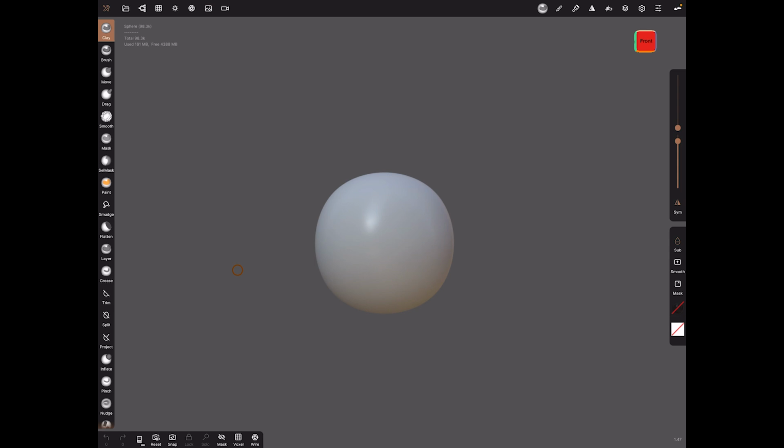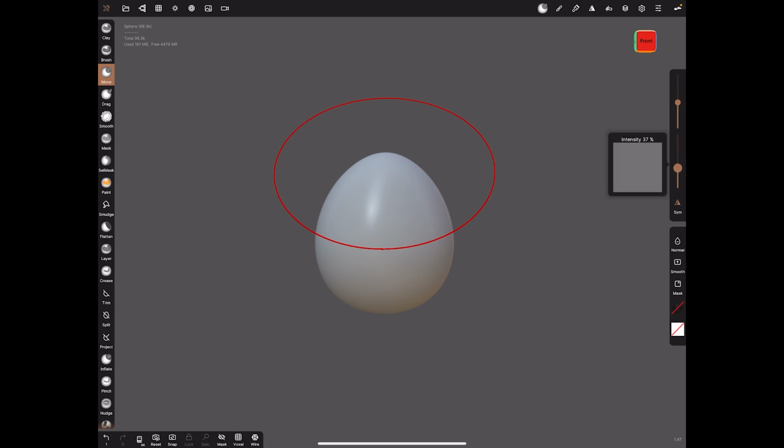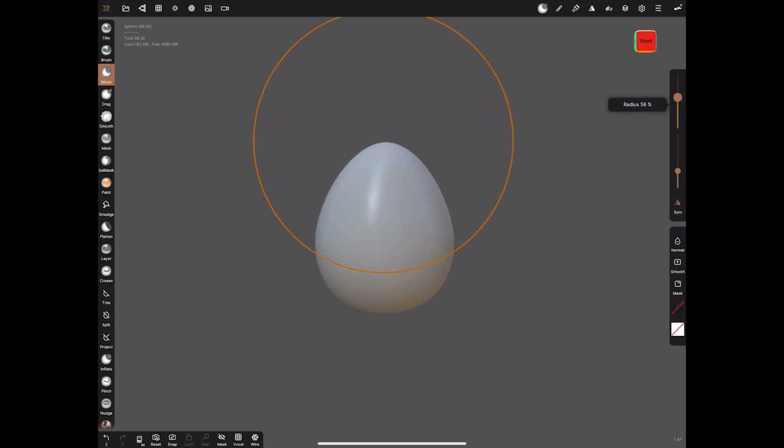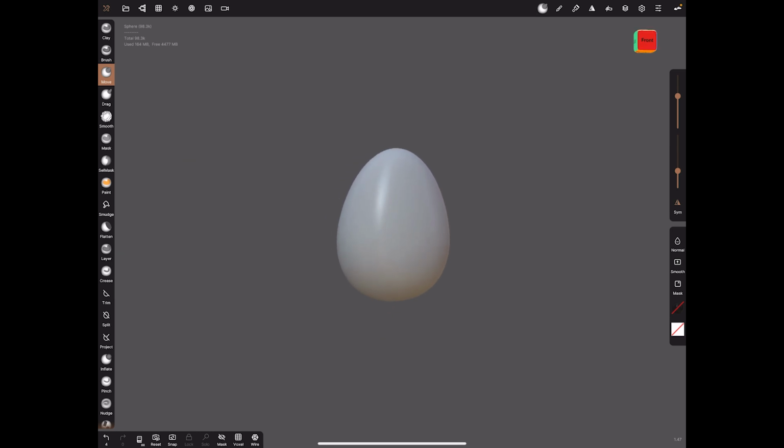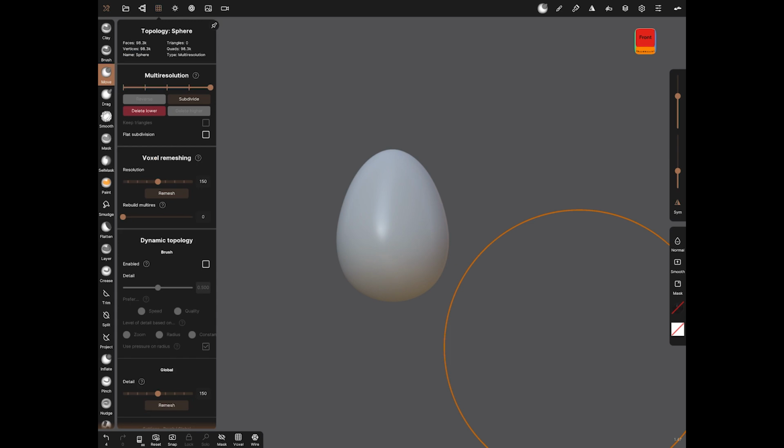Okay, so let's start with the absolute basics. We're going to light something, so it might as well just be, let's say, an egg. So let's just take the default sphere and make it into an egg. There we go. So before we start to work out the lighting, let's just make a little scene. I don't normally have a geometry scene behind the models that I do, but in this case,